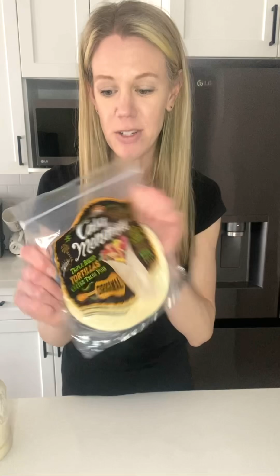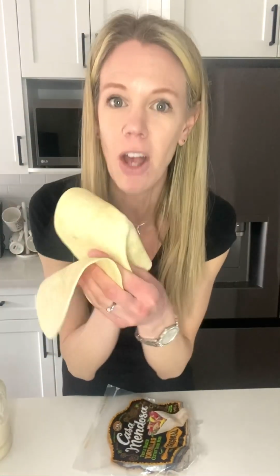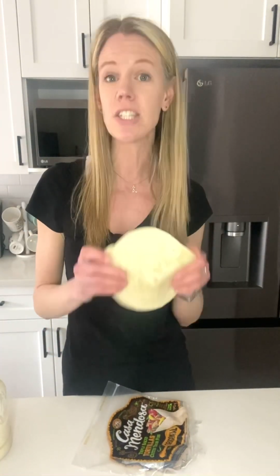Let's take something store-bought and replace it with something homemade. I am making enchiladas tonight for dinner, and these store-bought tortillas have 17 ingredients in them, and about 16 of them I can't pronounce. Also, these tortillas expired 2 months ago yesterday, and look at how soft they look. That tells me that there's a lot of preservatives. So we're gonna toss this in the trash, and we are going to make our own homemade sourdough tortillas,